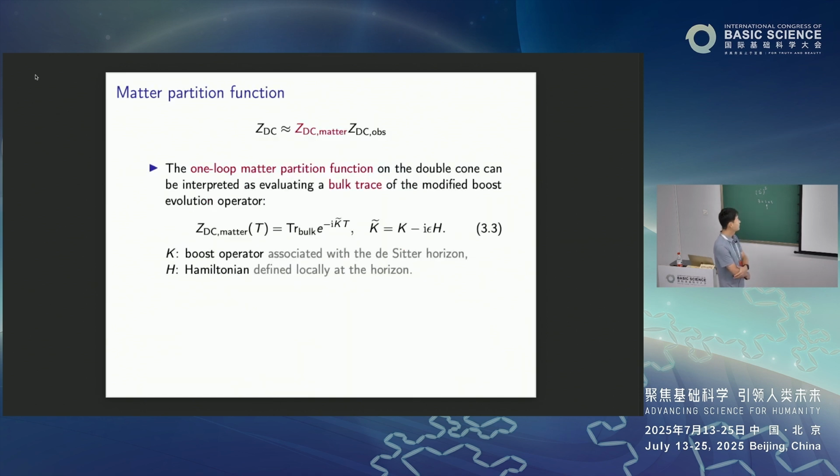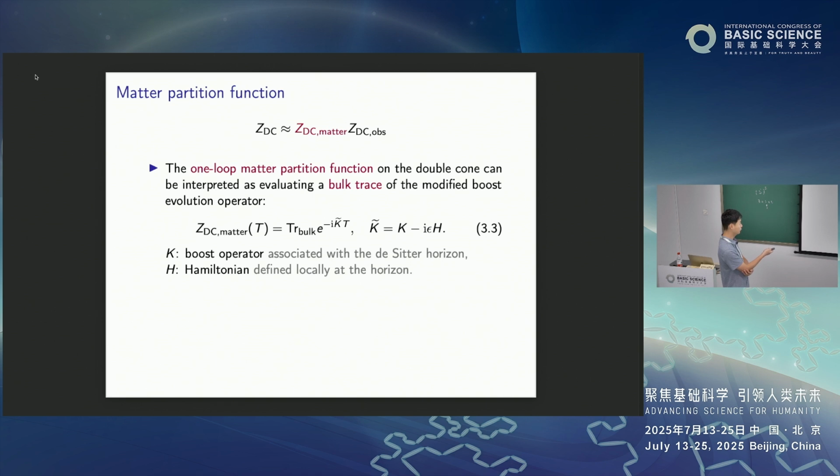So now, let's first talk about the matter patching function. Recall that the double cone geometry has a topology of S1 cross SD. So if you consider the one loop matter patching function, that can be thought of as evaluating a bulk trace over the matter Hilbert space in de Sitter space. And in particular, this one loop patching function can be rewritten as a trace of the evolution operator of this